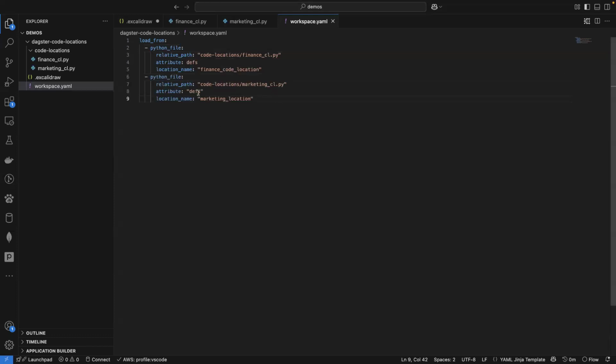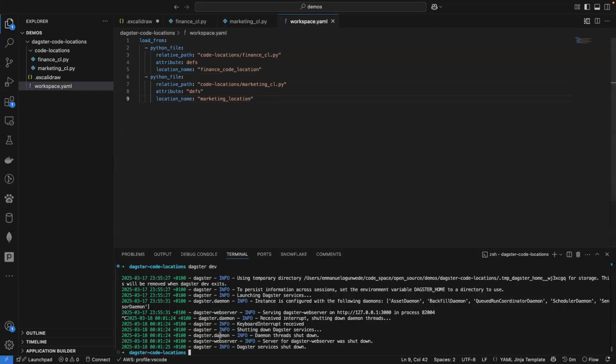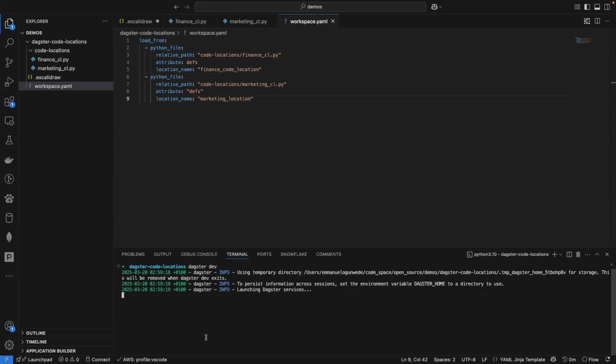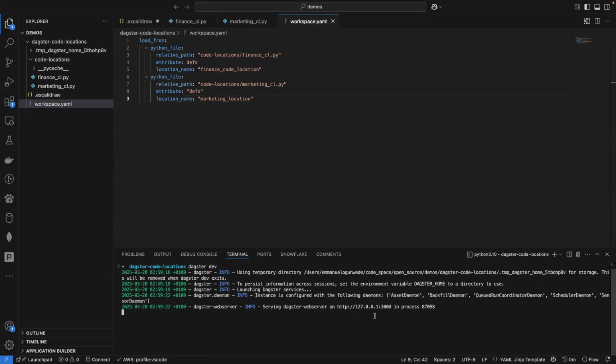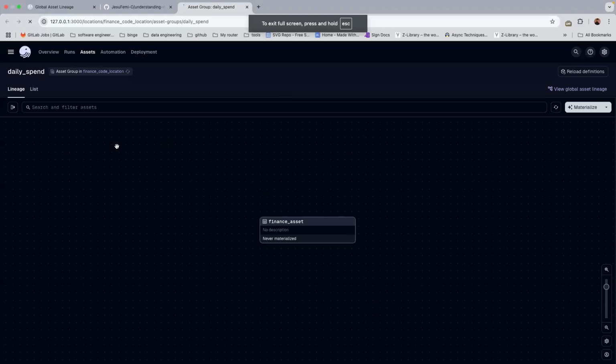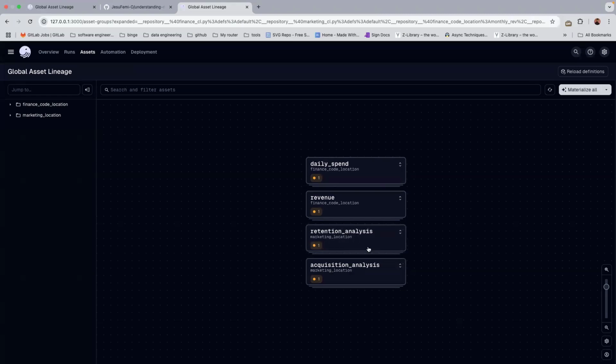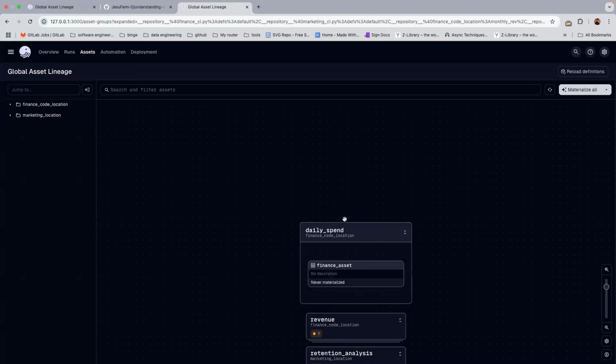Once we have this, the next thing we do is we just run dagster dev. And then when we run this, we can access our code location here. And then we go to assets and view the global asset lineage. And then what you can see here is that we have